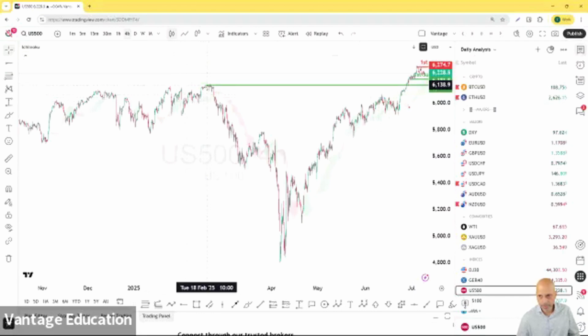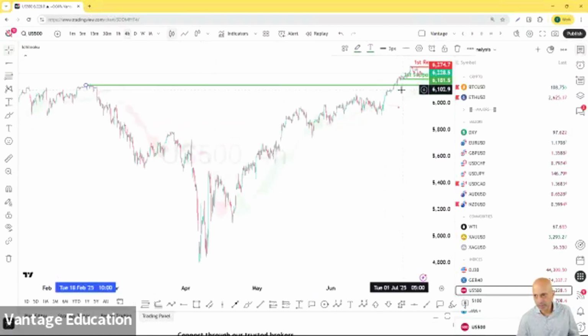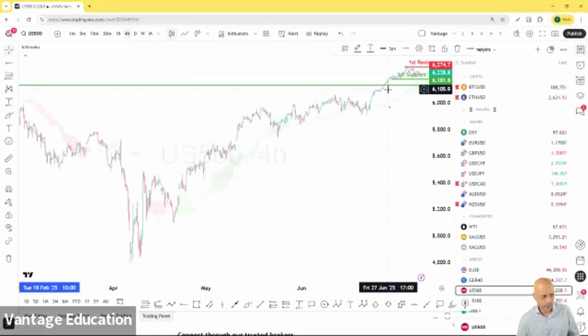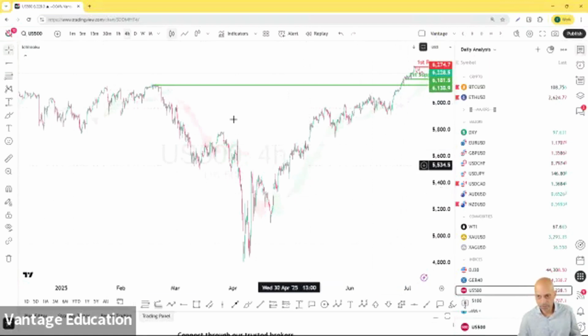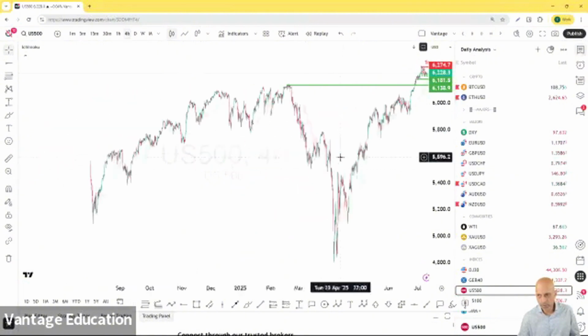There's now a nice overlap that begins from 18th of Feb. You can see resistance here, 18th of Feb, 19th of Feb, prior swing high resistance. Then you see the US 500 bouncing off this level on 27th of June. So this creates an overlap that we can use in the identification of the second support. So most of the time we'd have to zoom out